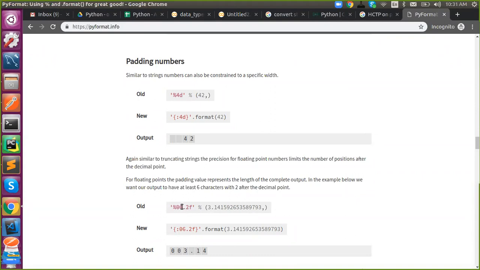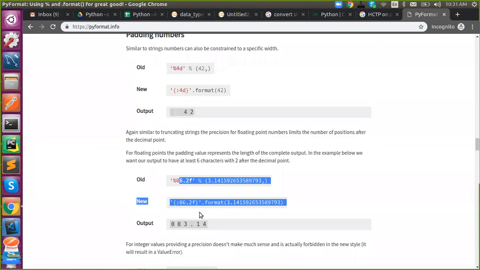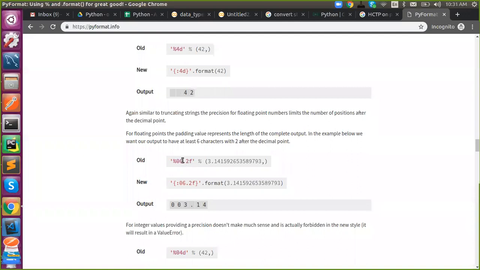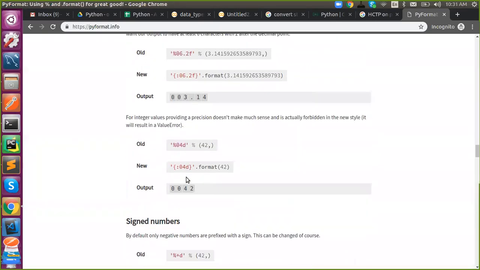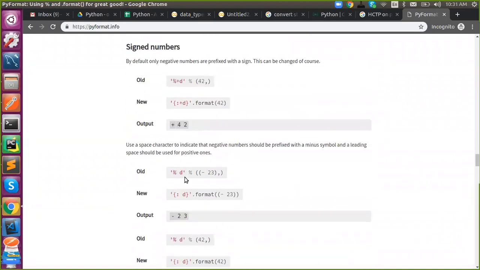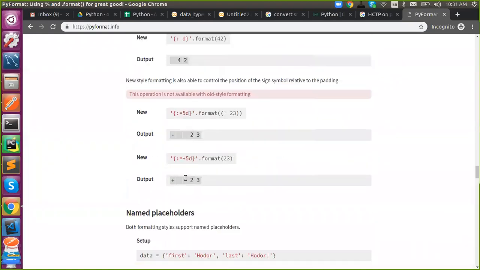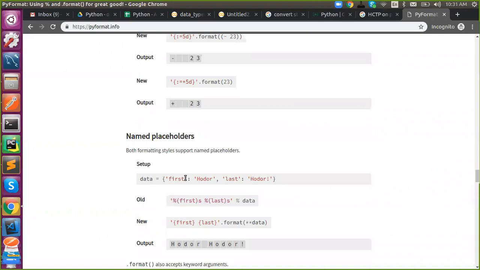And if you want it to be six digits, you can say so. You all know what is before the dot and after the dot. Here before the dot is the total width and after the dot is clipping your decimals. Okay, so please practice yourself.